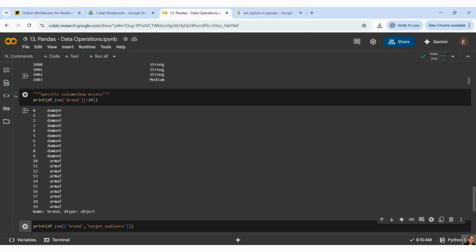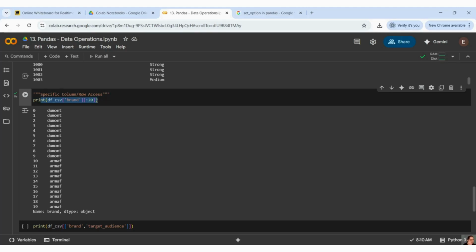What exactly is happening here, guys? It is telling me that these are my brands. And what I did means I want to show only the first 20 rows, because if I don't give it, it is going to give me the whole thing. I just want to show you some sample here.